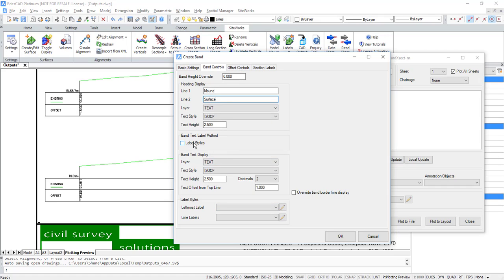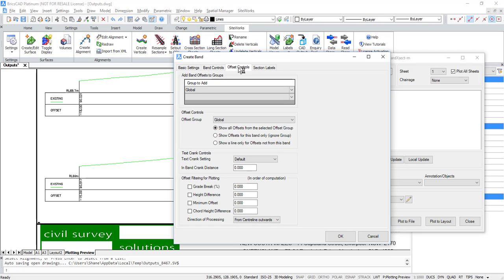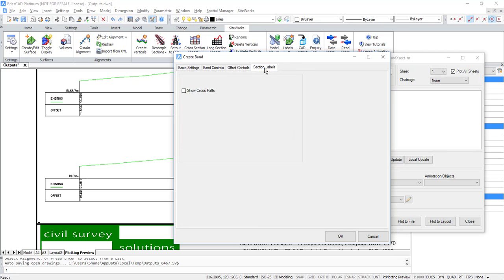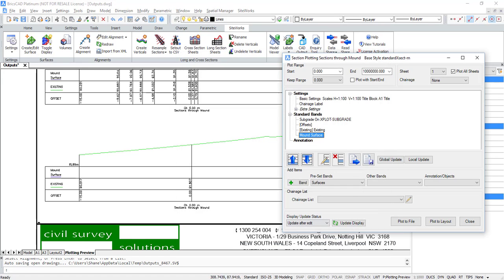You can use label styles, but we won't take that approach in this case. Under offset controls, one thing to know is that by default you're going to represent every single grade break of that mound surface, so there'll be lots of cross sections. We are going to create that way, and then we're going to come back and apply some filtering to filter out some cross sections. You can also show cross falls for your surface, but once we click OK, what you'll